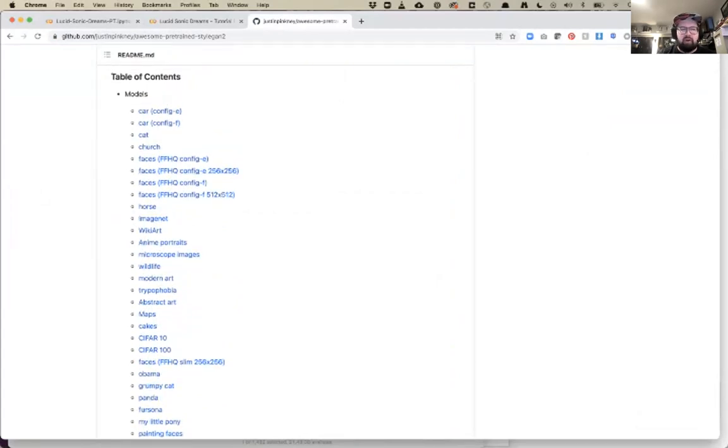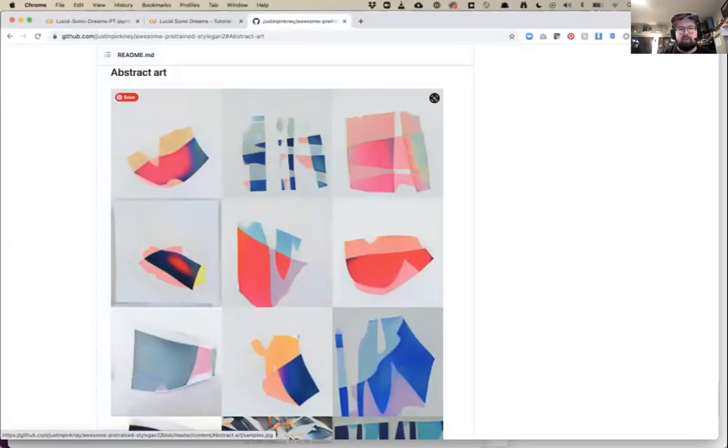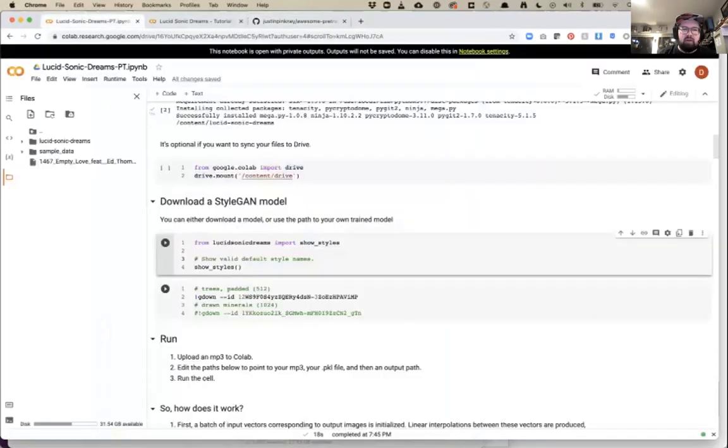The one we're going to use is actually one that I produced and uploaded, which is the abstract art one. You're welcome to use whatever you want. So we'll do one with some weird abstract art things. The way to find what models are available is to run this cell, from lucidsonicdreams import show_styles. So if we run this cell,